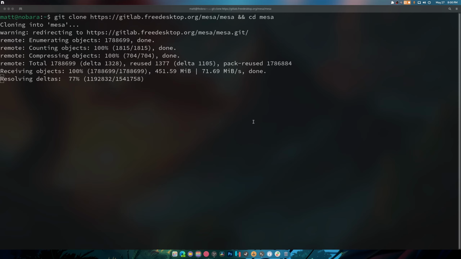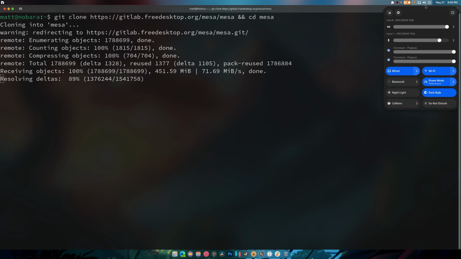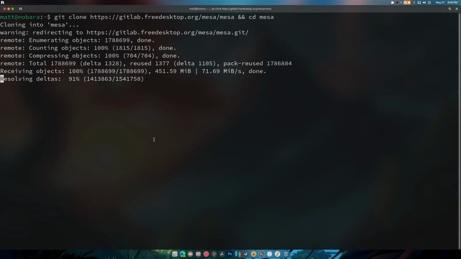And this can cause some performance issues, which is annoying because it has to resolve a whole bunch of deltas, which I found out uses CPU because there's something wrong right now with my Fedora 40. It's making me mad. See, that was weird. That's not supposed to happen. I don't know what that is. I'll fix it later. Could be the performance mode acting up, but I don't know. Let's go back to balance and see what happens. Yeah, I have a feeling that my system may be slowing down due to an issue with the gigahertz of my CPU. Anyway,